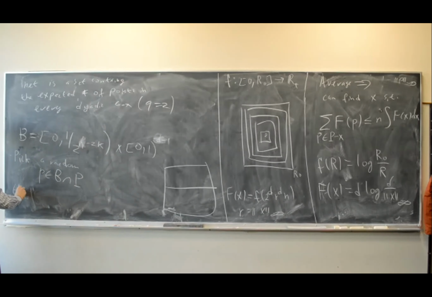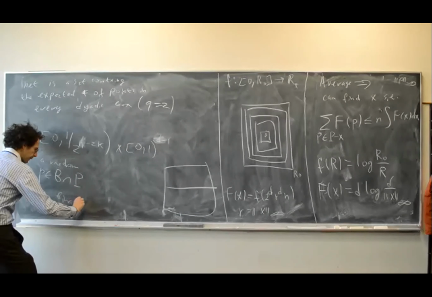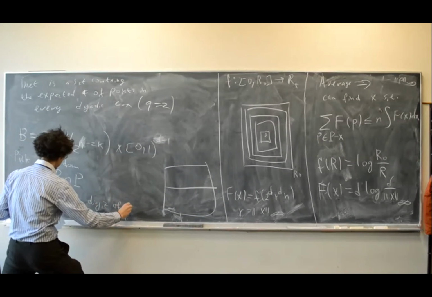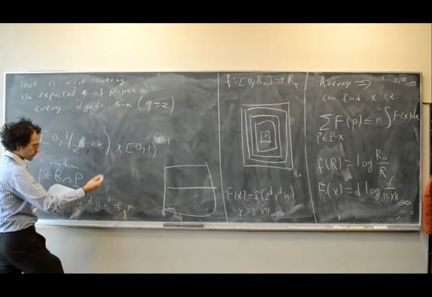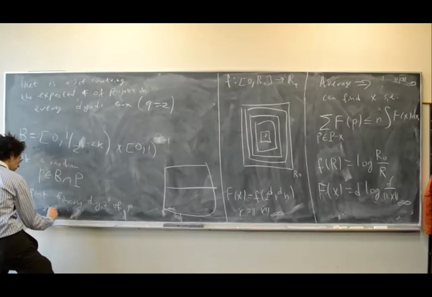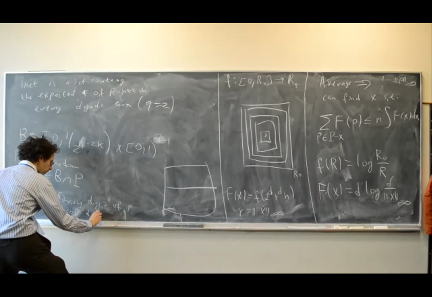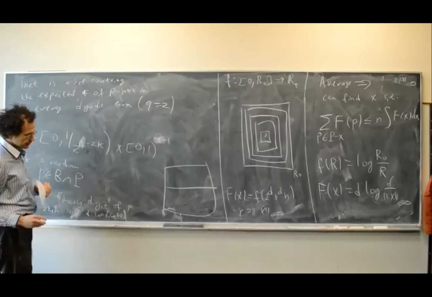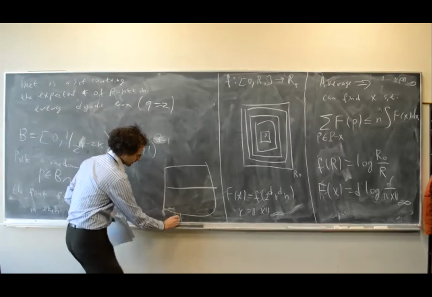The first binary digits of P, in each of the d coordinates, are going to be random. And so, for example, let me just say, look at the